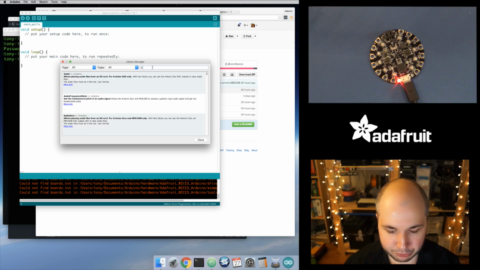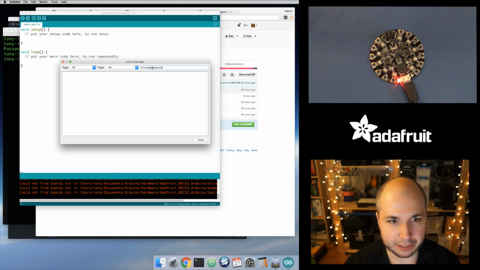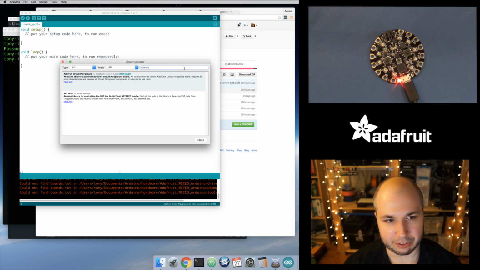And you just want to type in Circuit Playground, and you should see that it comes up. It's actually Circuit space Playground. And you'll see this top one up here, Adafruit Circuit Playground. I have this installed, but if it's not installed, there's a little install button that you want to click. Click install, and then just to be safe, restart the Arduino IDE to make sure that it loads up